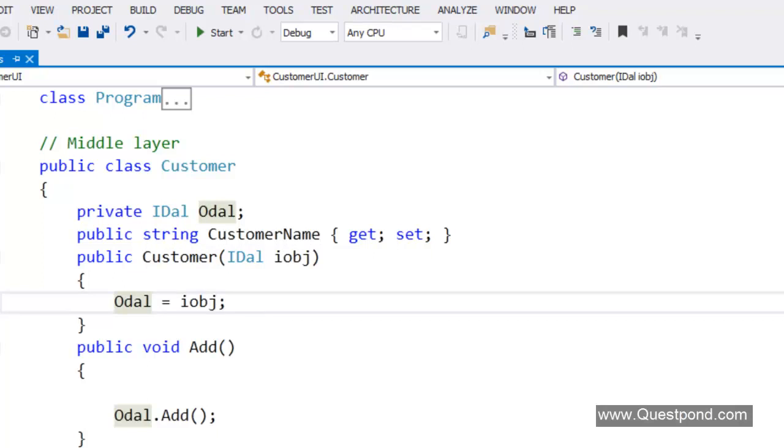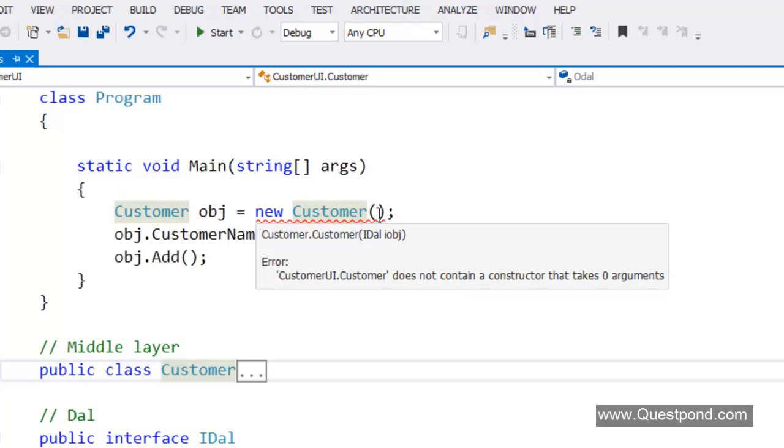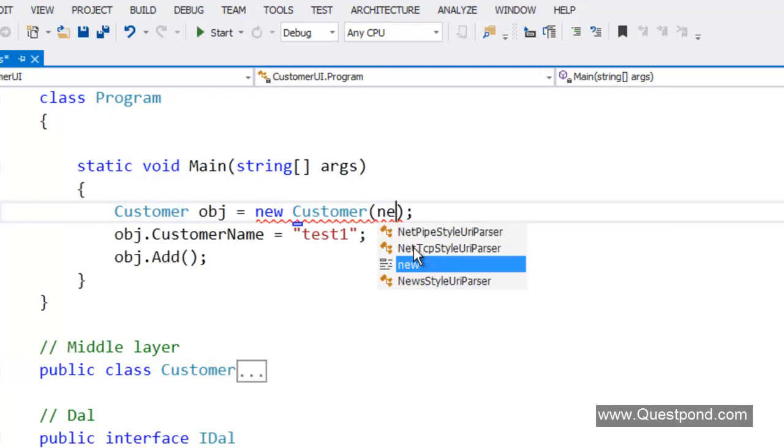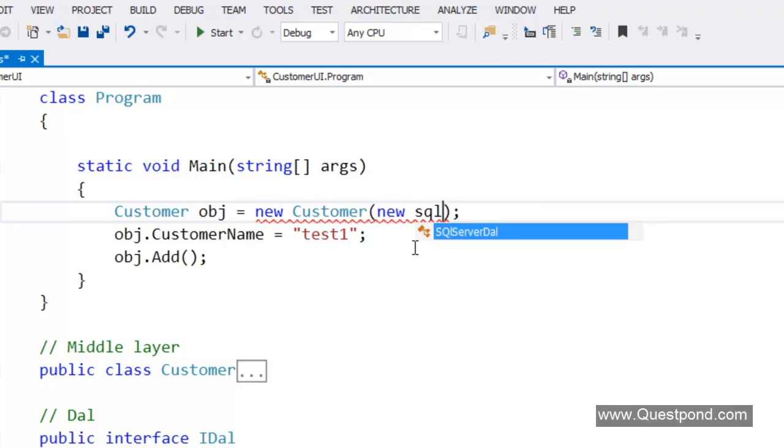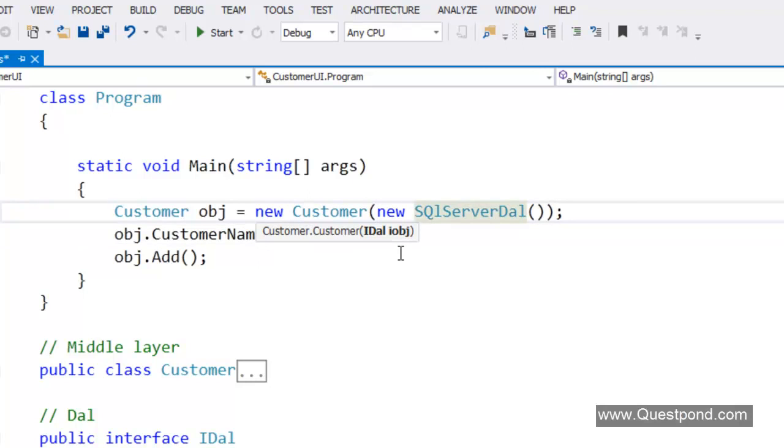So for example, currently this customer class is getting invoked from this UI here, through our static void Main. So it now becomes the responsibility of the UI to create the object. Whoever invokes the customer object has to say that this customer object has to be invoked using the SQL Server data access layer, or using the Oracle data access layer.